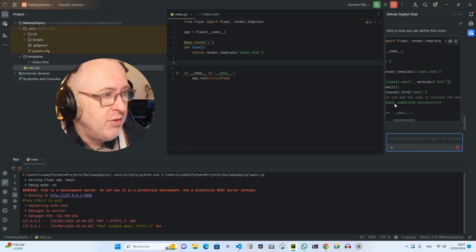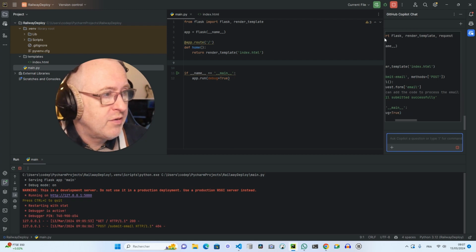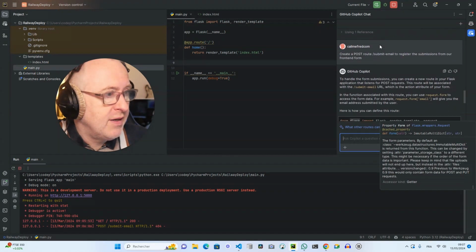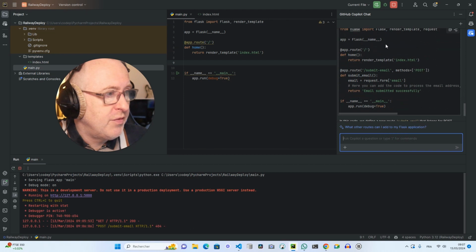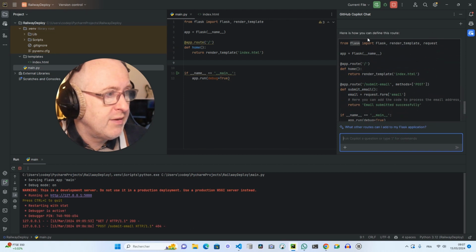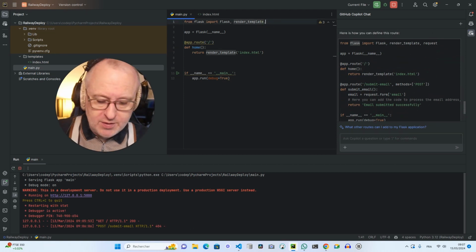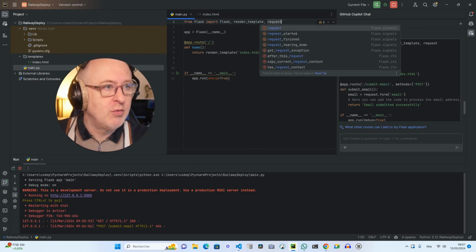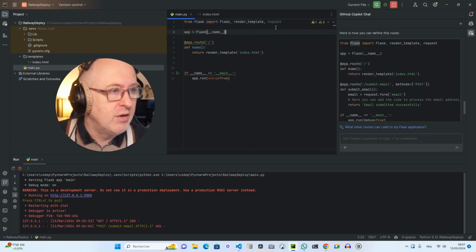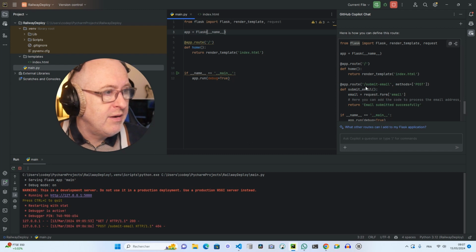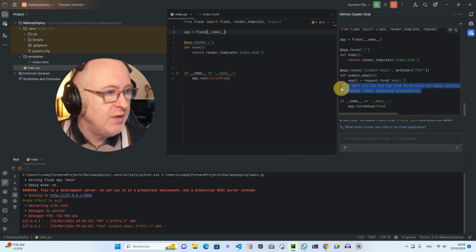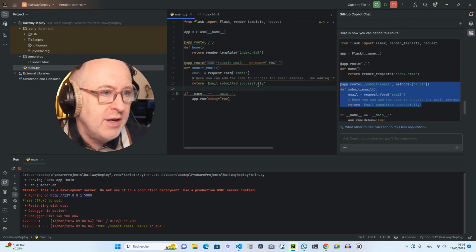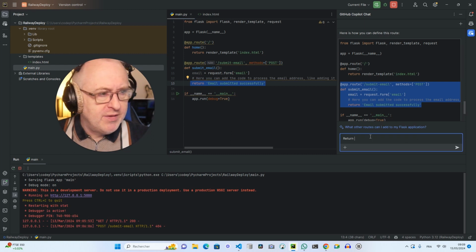As you can see, we will need another element from Flask for that. So in the import of Flask, at the top of this file, you see I need request, which is not imported at the moment. So let's import request. It's part of Flask. And then we need here to just copy this bit because we already have the other route. That's ready. It returns email submitted successfully. Return instead